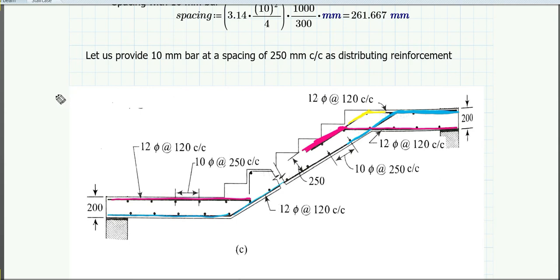If you are designing riser and tread type of staircases, where I have told you that there is no waist slab, the staircase looks like this, and here some ring type of reinforcements are provided. Each portion is just like a ring reinforcement, so like this, some reinforcements are provided like this. So here 4 bars, here 4 bars, here 4 bars, and 4 bars, and then casting is done.